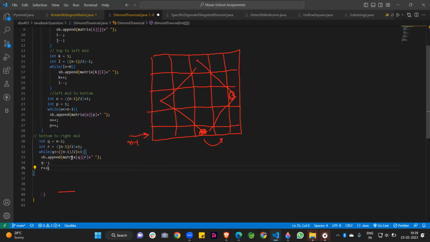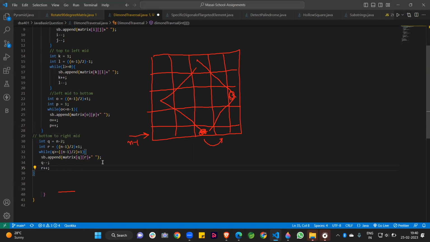Code is completed, guys. So what I am doing here, I am comparing like when our row reaches this point. Okay. Because this is our middle element and plus 1 I am increasing like this. If we reach at this position, then at that time we can say that we close our while loop because this element is also covered, guys. So that's why I am increasing the value of row here. So I am iterating the loop equal to this. So if we come at this position, at that time we can close our loop after the iteration. Okay. So that's why I am writing the code like this.